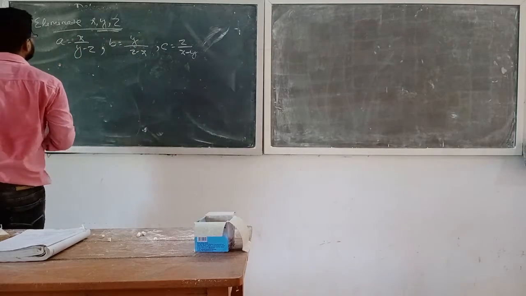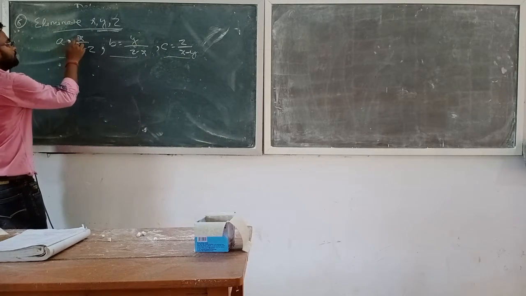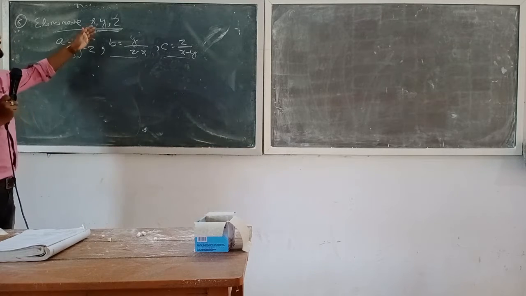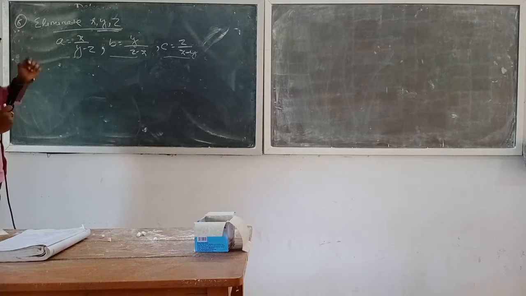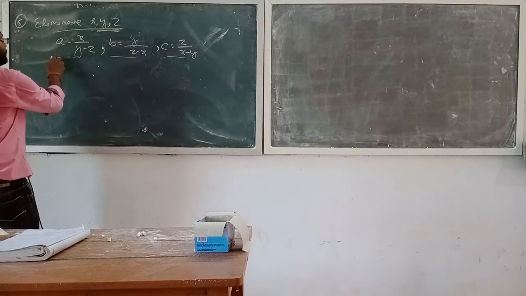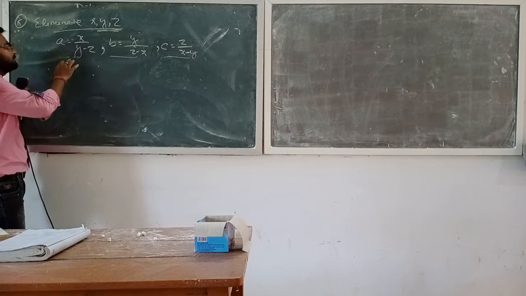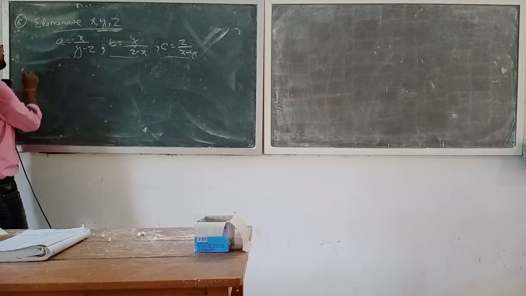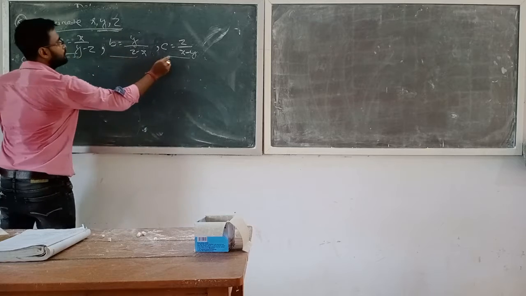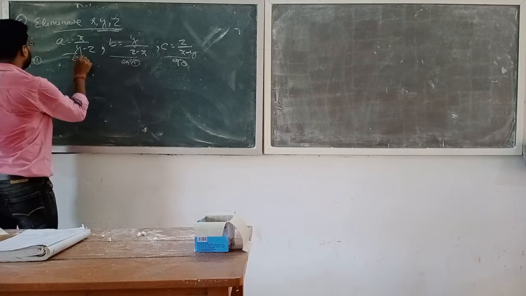So now you can solve these three equations. Question will be given: eliminate the x, y, z and solve this determinant. So a equals x by y minus z. This can be written from equation 1, equation 2, equation 3. Equation 1 is